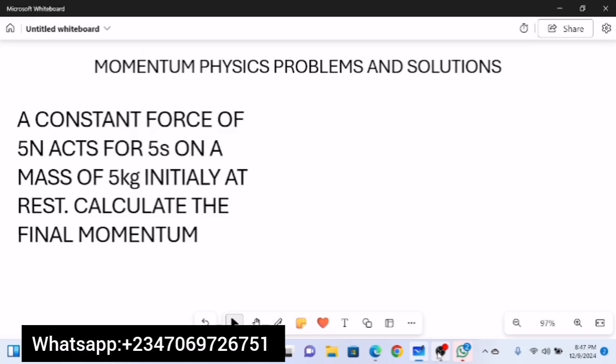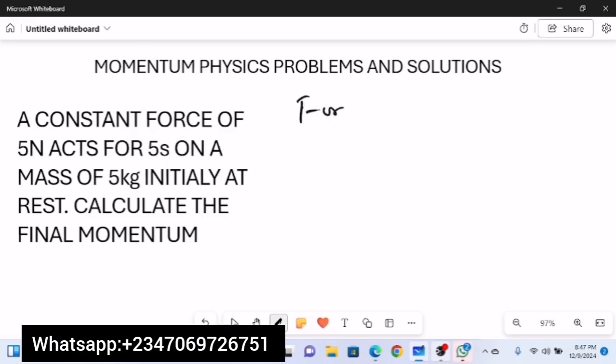Alright, so let's start with the first question. It says, a constant force of 5 Newtons acts for 5 seconds on a mass of 5 kg initially at rest. Question says, calculate the final momentum. Now let's pick out our parameters. We are given that a constant force of 5 Newtons, so force F,